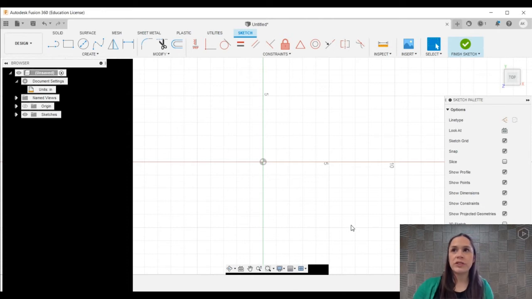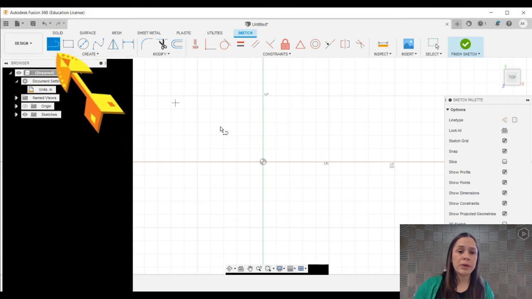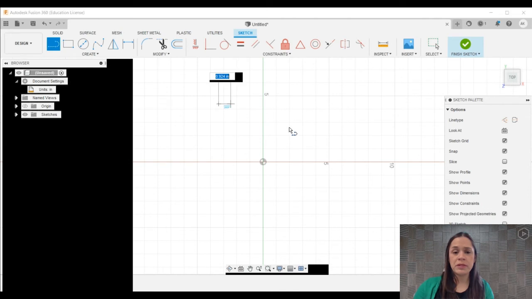So I'm essentially going to draw a rectangle within a rectangle, and then I'm going to add fillets to all of my edges. So I'm going to get in my line command, and at this point it really doesn't matter what your drawing looks like. So when you originally start to sketch things in Fusion, you kind of do so in a messy